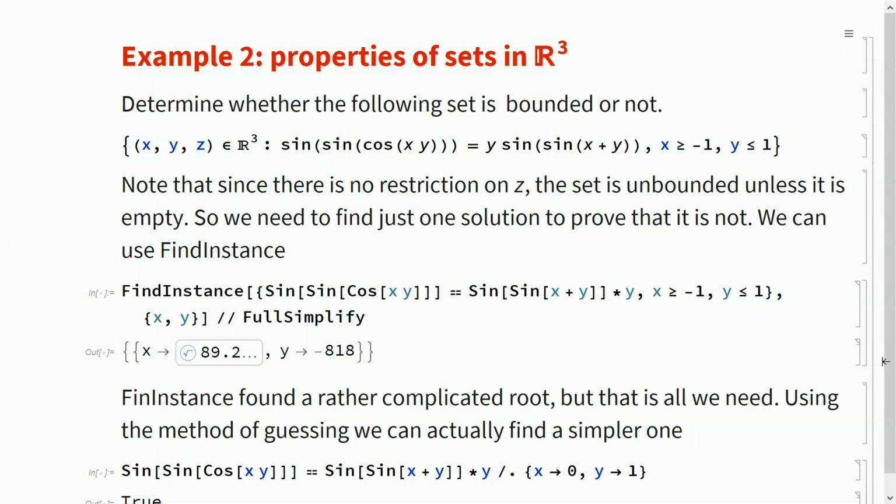Note that since there is no restriction on the variable z, the set is unbounded unless it is empty. So we need to find just one solution to prove that it is not empty. We can use the built-in function FindInstance. FindInstance found a rather complicated root, but that is all we need if we use a computer. Asking the students to guess a simpler solution and possibly giving some more hints, we can actually find the following